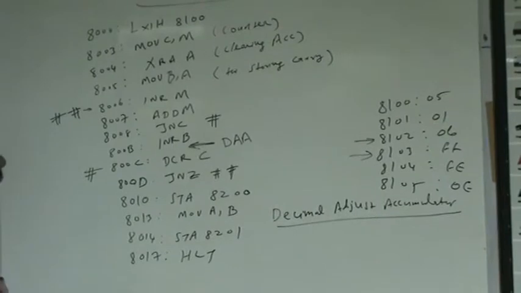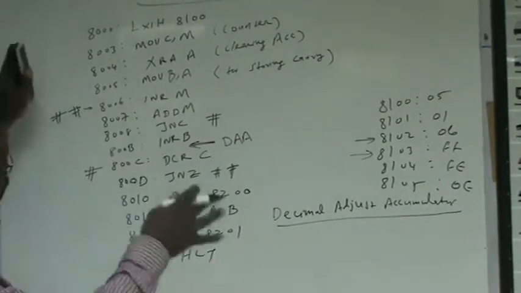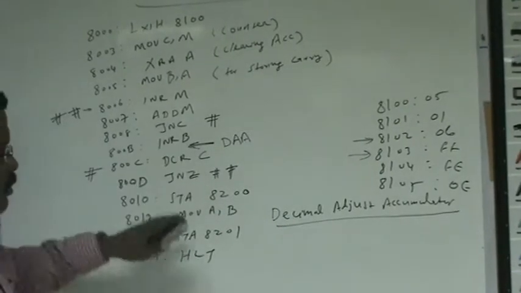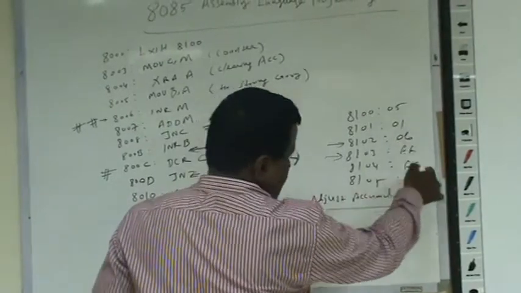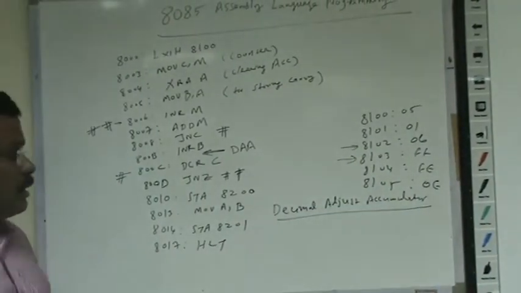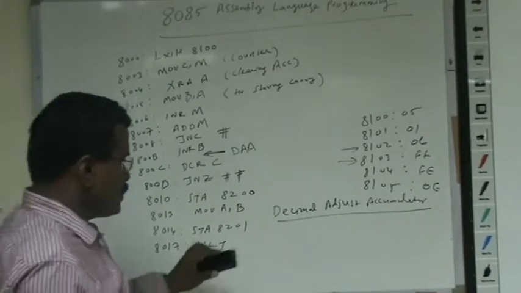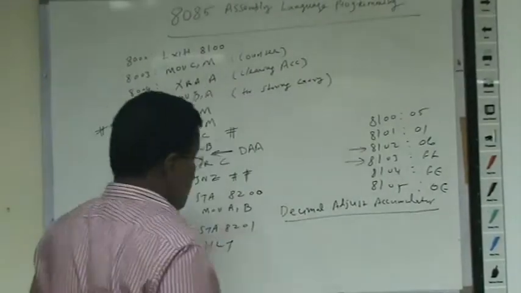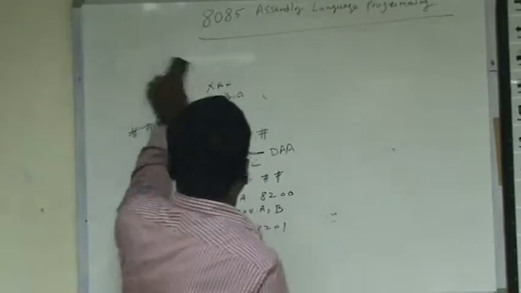Okay, we must know how the DAA functions. Apart from that, if you use the same program as it is and include this instruction, you will get a decimal result. Here, if the number is 5, you can give 5 decimal numbers, and it will give you the result, which is the addition of all the 5 decimal numbers. Now we must know how the DAA functions. Decimal adjust accumulator functions.